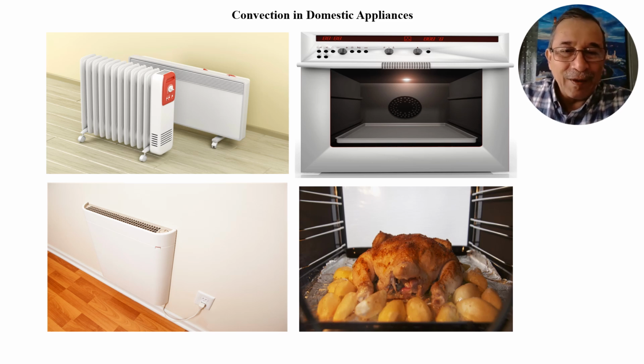So the first photo at the top left hand side shows radiators, and the one in the front is what we call an oil filled radiator, which uses oil in a reservoir, and there is an immersion heating element, an electrical element, to heat up oil, which dispatches or radiates the heat to the ambient, which is the space where we are using this